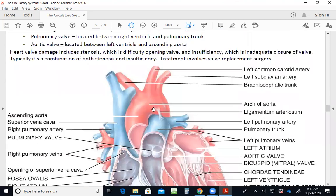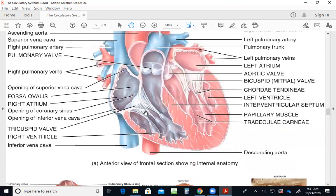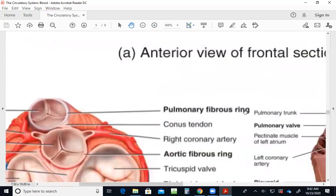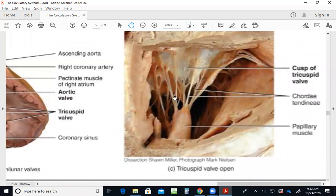Okay. Now, associated with both of those valves are string-like chordae tendineae, which are these little white strands that connect to muscles that are found on the floor of the ventricles called papillary muscles. Papillary muscles are labeled over here, only one of them, but any of these that are connected to the string-like chordae tendineae. Here's what one really looks like in a cadaver heart. Pretty cool. There's the papillary muscle. There's little string-like tendon structures. What they do is